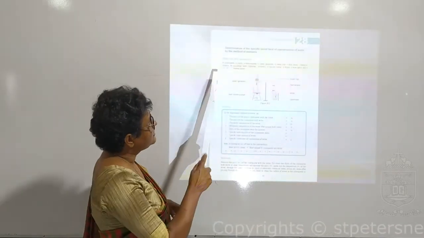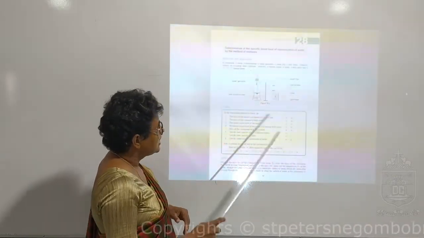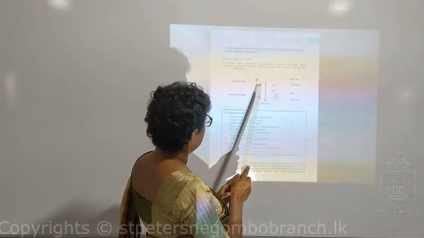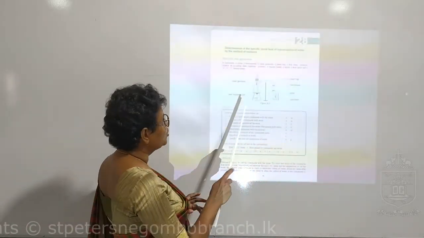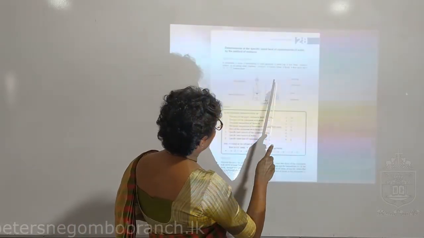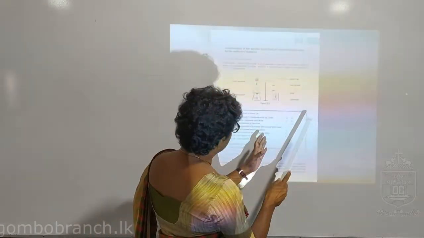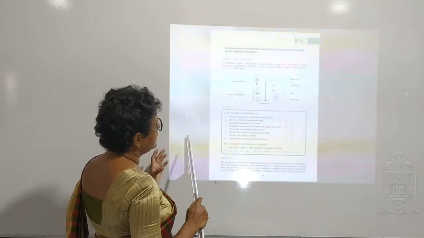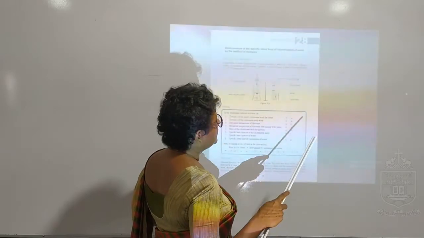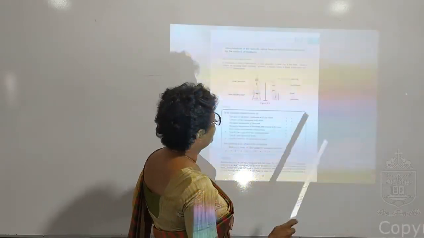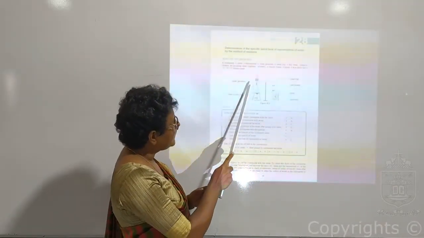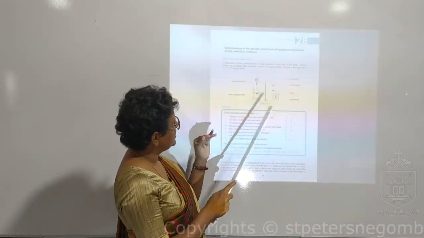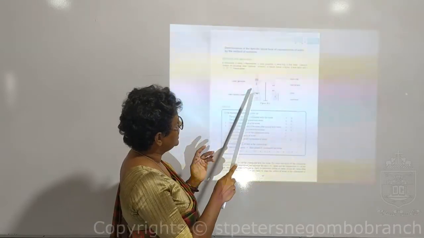Here again you have to have this apparatus and you have to have a Bunsen burner. Now you are generating steam and putting that steam into a calorimeter containing water, right? The theory is the heat given by steam is equal to the heat obtained by the calorimeter plus water. Now here you have a tube like this to maintain the pressure between the inside and the outside.